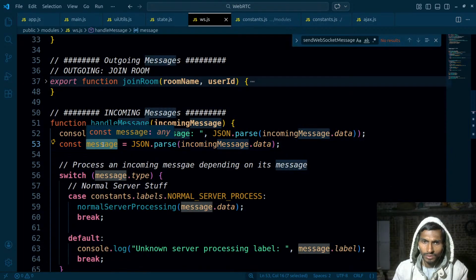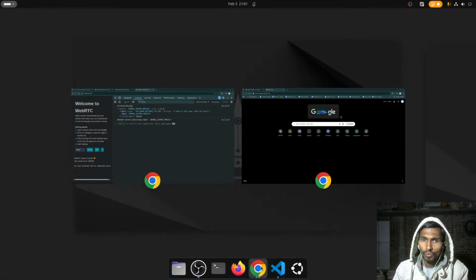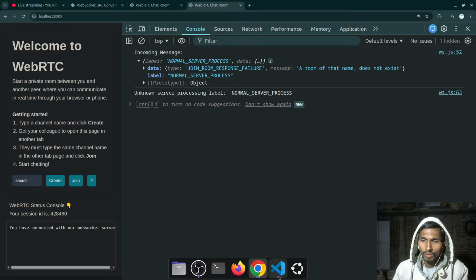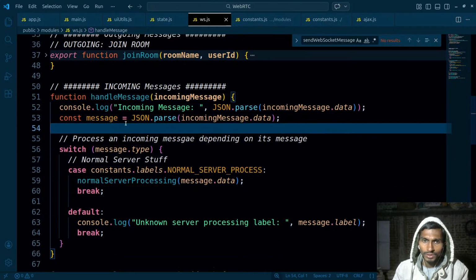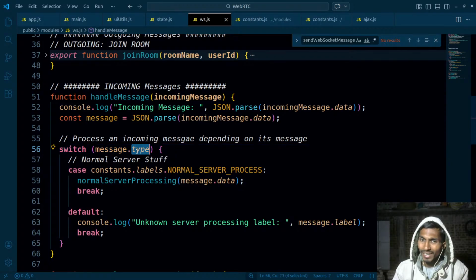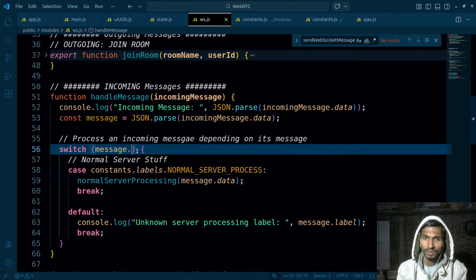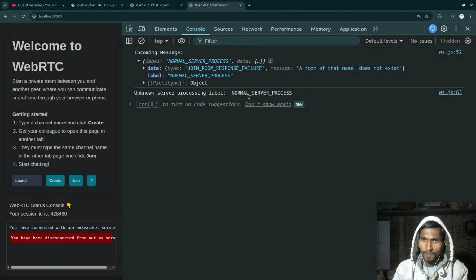After that I must have got the message. Message dot type. Is there any message dot type? No. So handle message, incoming message, process an incoming message depending on its type. So message dot type, normal server stuff. Should it be type or should it be label? Label can be constants, label normal server process, right? Let's try it one more time. Reload the page, try to join the